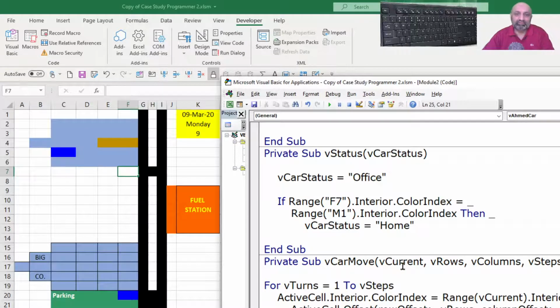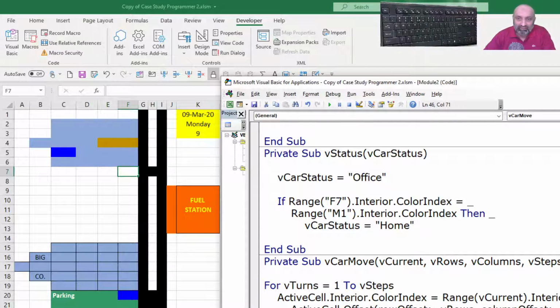Let's see what the car move macro is about. The first thing is V current, which is the current color. Then either we need to change the rows or the columns, and how many loops or steps we want to take. The step would be for how many seconds, and then what will be the new color of the road.